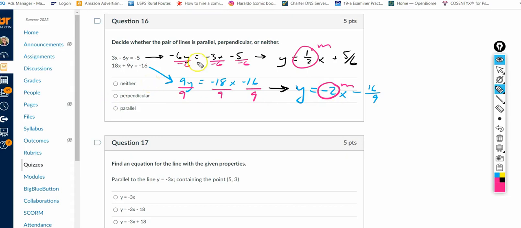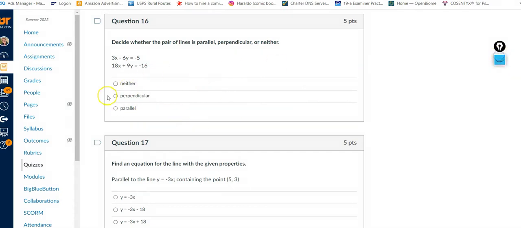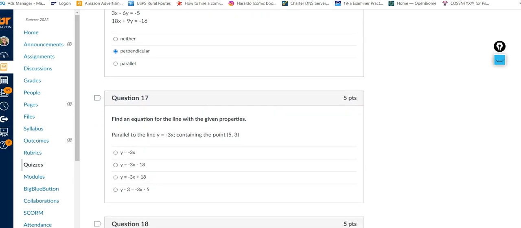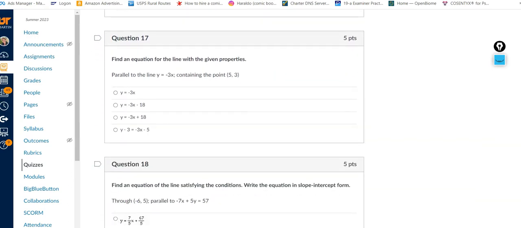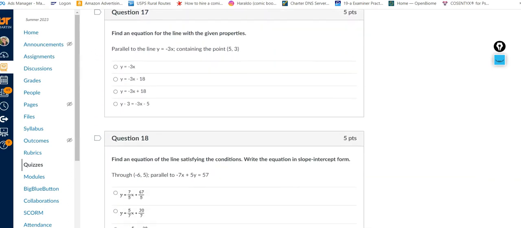And again, I only got two examples, two questions that were perpendicular because that was the luck of the draw with the test bank. So ideally, it would have been great if everyone could have had one parallel question and one perpendicular question, or have it to where they're not the same. So one is neither and the others say parallel, but that's just the luck of the test draw. So just because we had two perpendicular ones does not mean that you shouldn't know how to do parallel or neither. Okay,